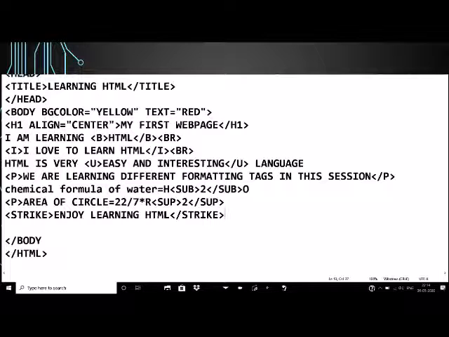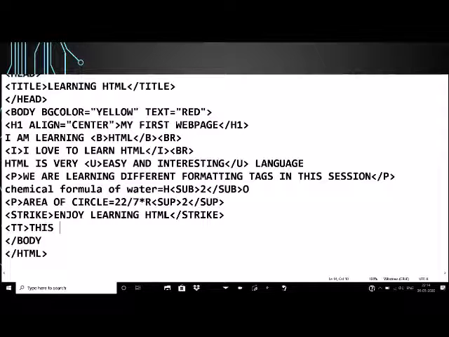Then one more tag is there, which is TT tag. T stands for teletype. This makes the text as if we have typed it on a typewriter. The text will appear as typed text. So TT stands for teletype. So I will write a text here.